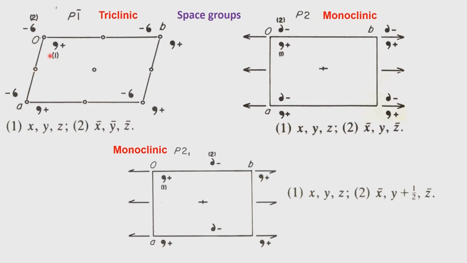So, the way in which Wyckoff designed this methodology was to look at the most symmetric position in the space group, which according to him, in this case the P1 bar, is 0 0 0. He calls it a small letter a. So, a small letter a is associated with this point, then half 0 0 is b and so on, and the general position therefore will be after all these 8 positions identified. So, you go by the alphabetical order a, b, c, d, e, f, g, h and so on.